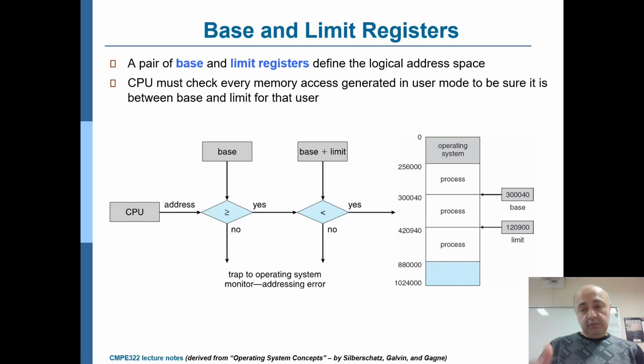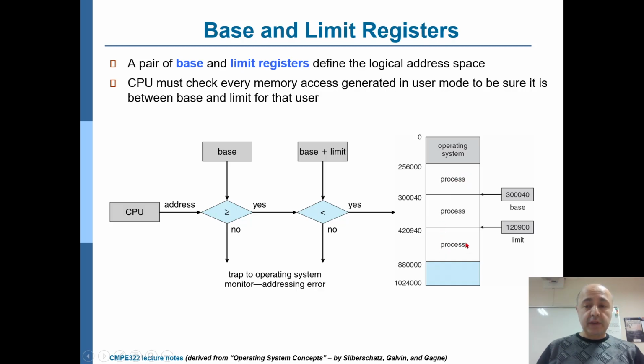Now, there will be many processes that are running in the system simultaneously. So we should be able to differentiate between what we call the address space. That means the set of legal addresses that could be accessed by that process. Typically, that means an address that is inside that process. We should make sure that a process is not reading from or writing to the address space of another process. So, for example, the process in the middle here should not be able to access the address of this process